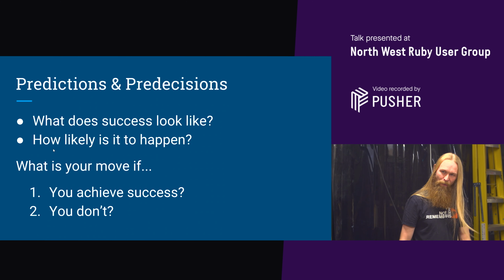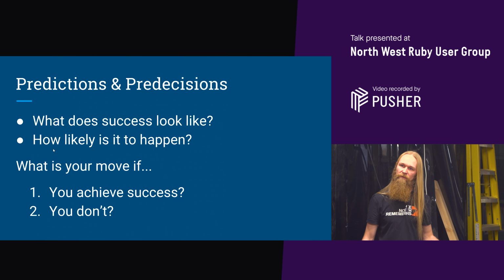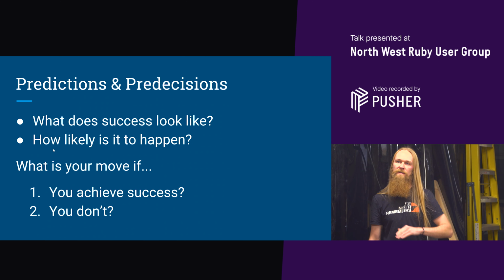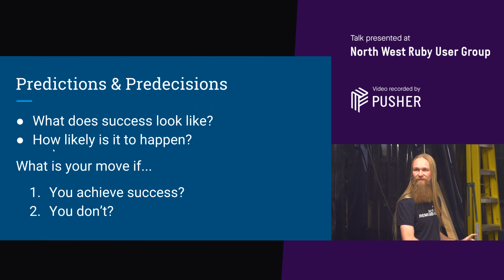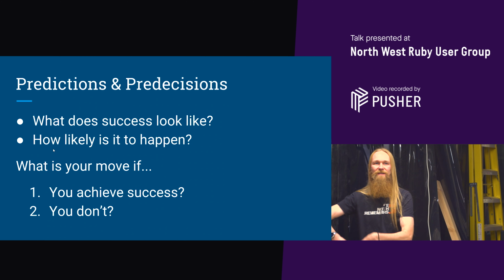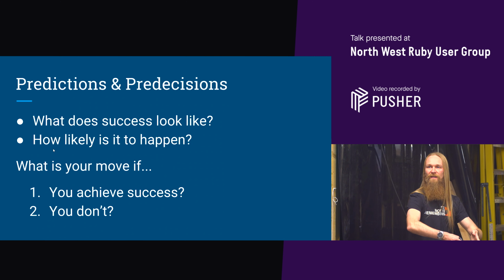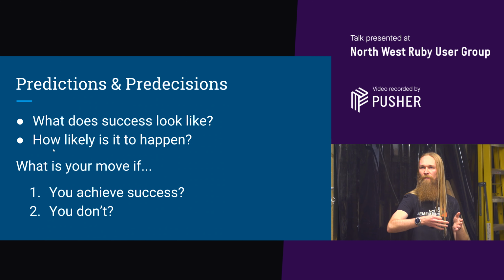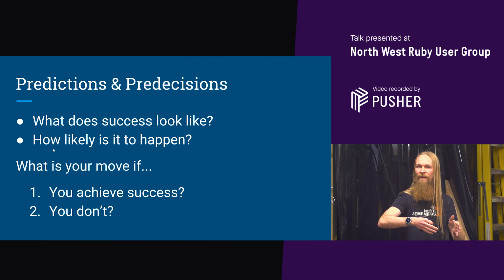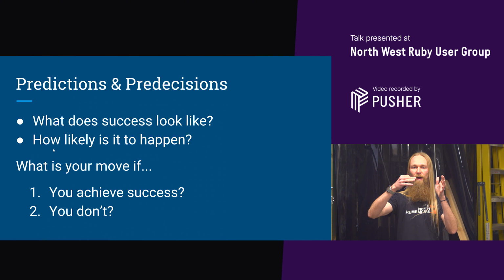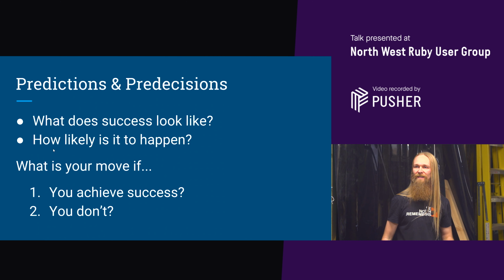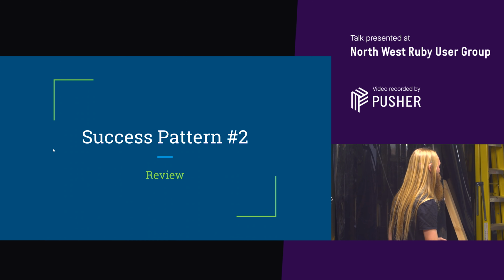Is it likely to happen? How likely is it to happen? And what are your options if it's a fail or a success? This is one of the issues that I've got with traditional roadmaps, is that there's only ever one path. We're going to do this, then this, then this. There's no, we're going to do this, and if that's a massive success and bigger than our wildest dreams, we're going to do more of that. Or if this thing that we thought was great actually turns out to be a bomb, then we shouldn't do this next thing. So think about options, think about plans. Review.